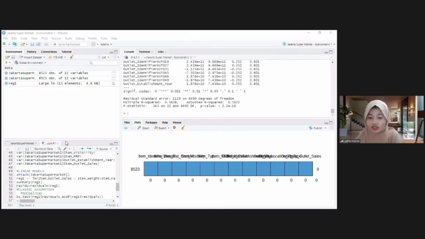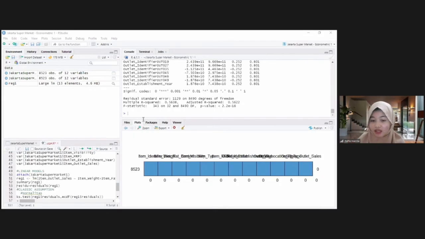In the t-value column, we can compare it with the t-table, but there is an easier way, namely by comparing the probability value with the alpha value. Assuming the alpha value we use is 5%, if the probability value is less than alpha, then the variable has an effect.